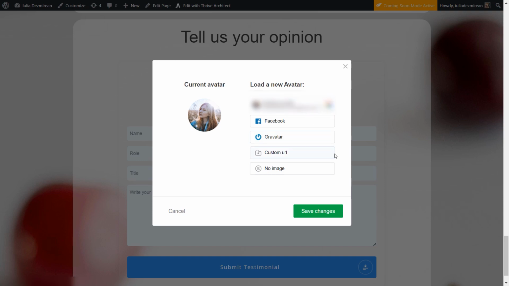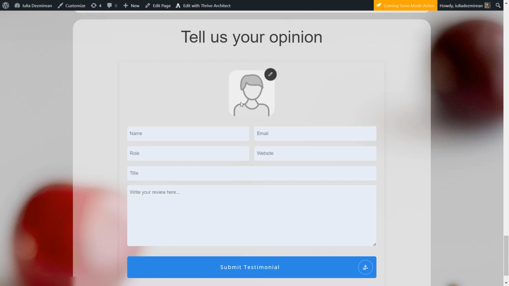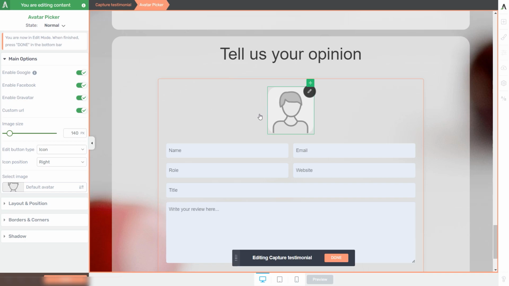Should they want to reverse to the default avatar image, they can go for this option right here and save the changes, and this will basically remove any image that they have chosen. Alright, so back in the Tribe Architect editor, we can use the remaining options to even further customize the avatar